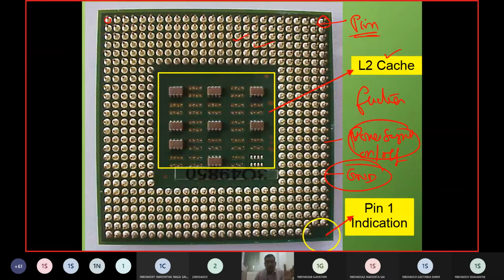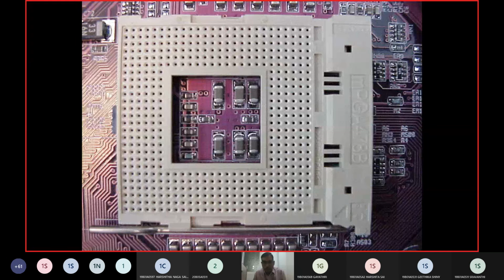Now, this is an advanced architecture. We can't understand all of it as it goes up, but our 8086 microprocessor was 40 pin. We will discuss in detail all the 40 pins, what they will do, whether they do address reading, whether they do data reading, everything we will discuss.